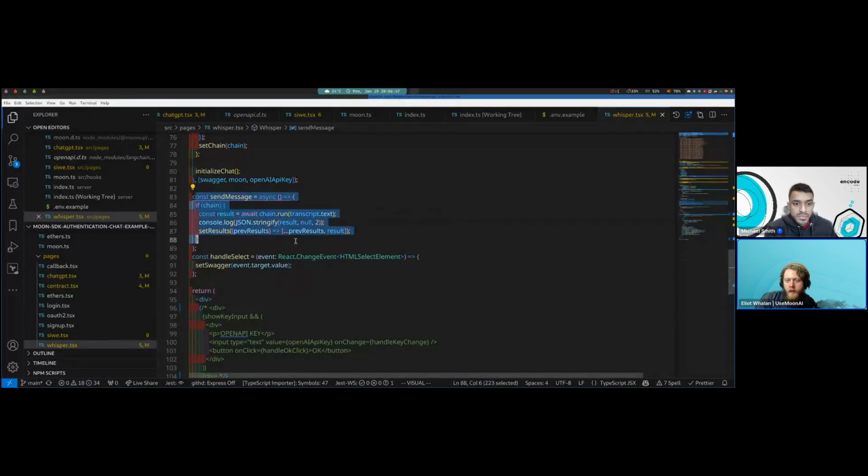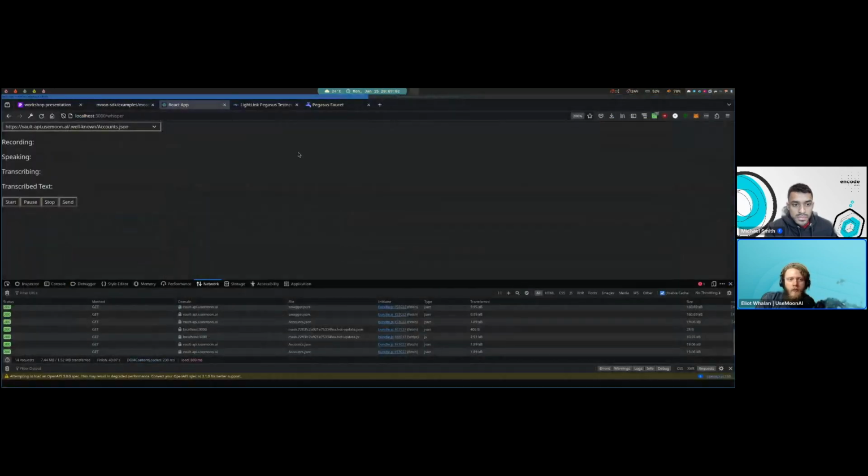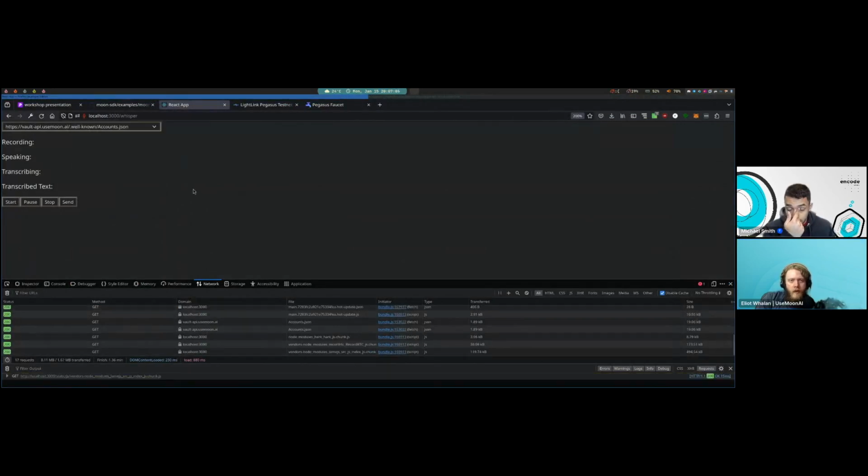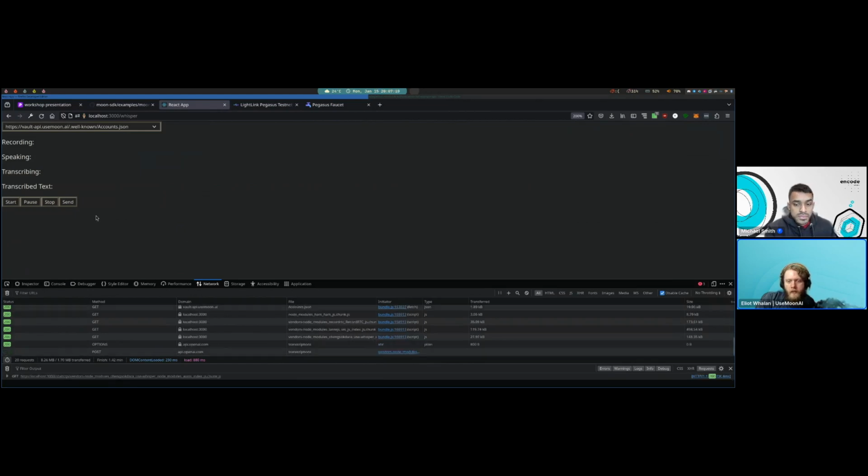And once we hit the send button on the HTML page, we just pass in transcript.txt, which is the generated text from the speech that Whisper returns. List accounts. Let's see if... Yep, so